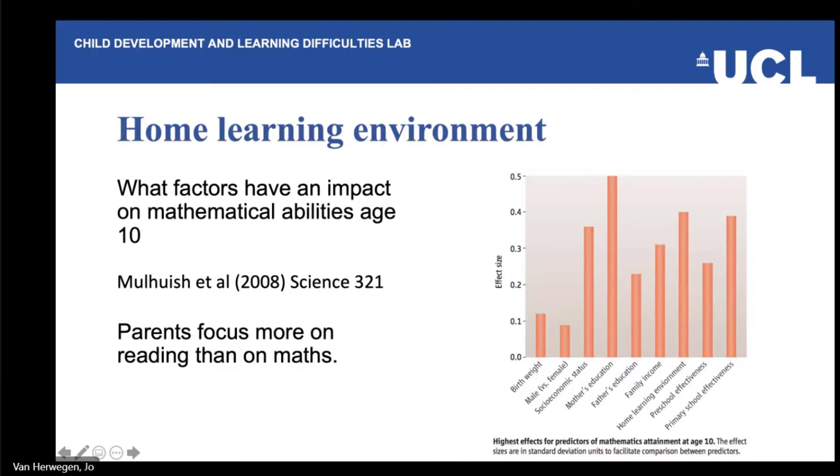So if we look, for example, this is a study by Mulhouse et al. in 2008, on what factors have an impact on the mathematical abilities of children age 10. You can see here they measured birth weight, gender, and also the socioeconomic status of parents, which we know matters for almost all learning. Mother's education is a significant one, as well as the home learning environment in general. So this is around how much do parents focus on mathematical abilities